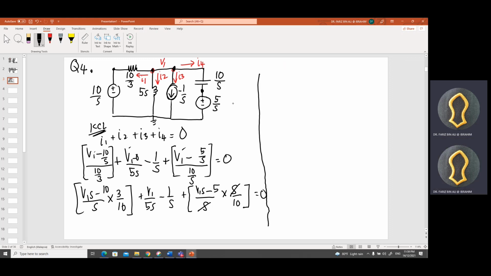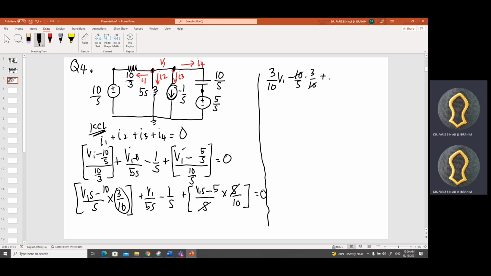All right. So what else we can simplify? So this 3 I will multiply in. So 3 over 10, 3 over 10 V1 because S can be cancelled out. So it becomes 3 over 10 V1, S already gone. Okay, minus 10 over S times with 3 over 10. Okay, this is the inner part just now. I can cancel out this.